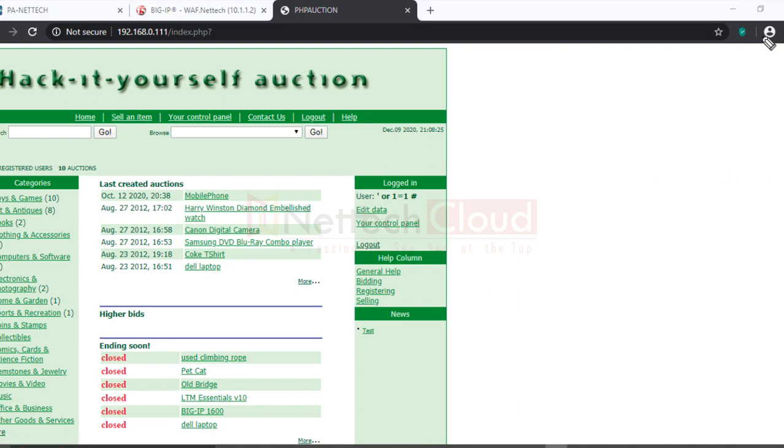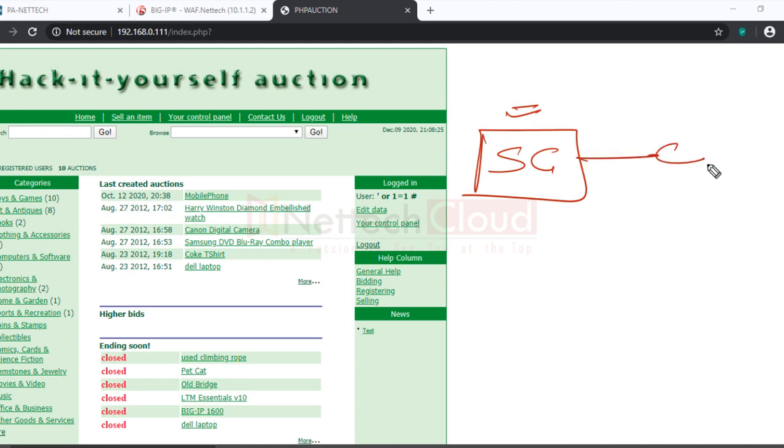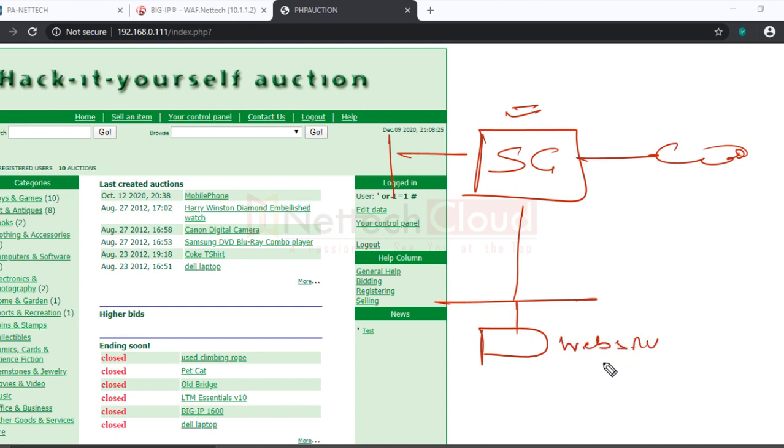So let me explain one more time. Here there is a Checkpoint firewall. It has a security policy. The security policy allows incoming HTTP traffic to this DMZ web server, and this web server has too many vulnerabilities, right?